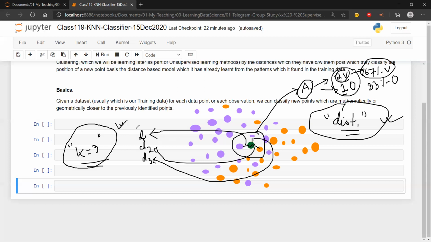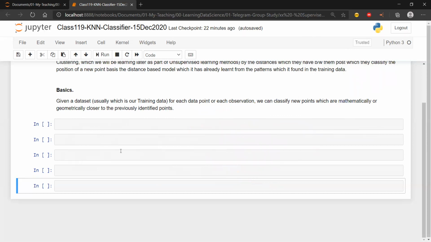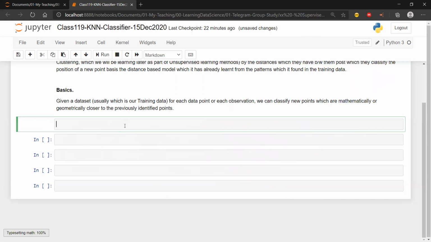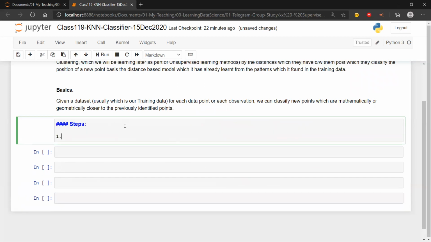You define the value of k, and accordingly it draws what? So you define the value of k. This is step number 1. It is going to draw this circle, and this is the distance, and then it is going to take the vote, and then it is going to classify the point. So this is exactly what it is doing. Let me just try to write it down over here. Step 1, we provide an arbitrary value of k.